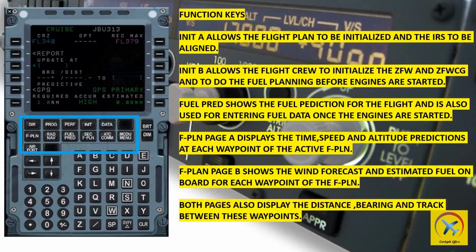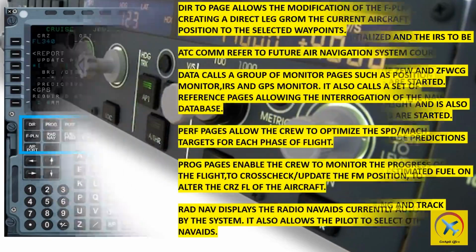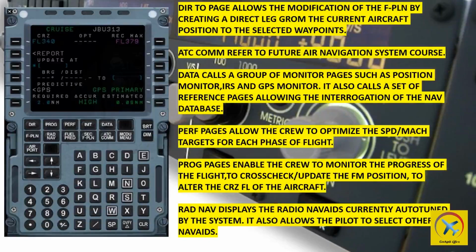Function keys. INIT A page allows the flight plan to be initialized and the IRS to be aligned. INIT B page allows the flight crew to initialize the zero fuel weight and zero fuel weight center of gravity, and to do the fuel planning before engines are started. Fuel prediction page shows the fuel prediction for the flight and is also used for entering fuel data once the